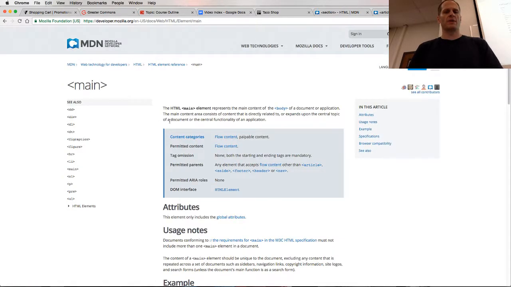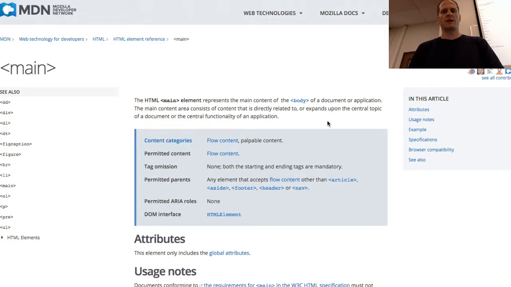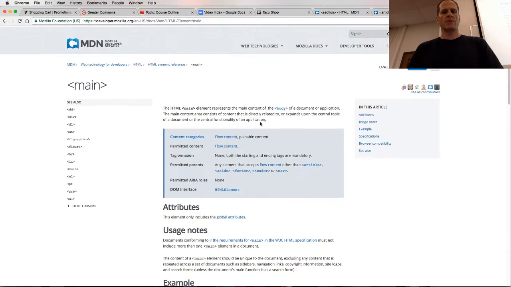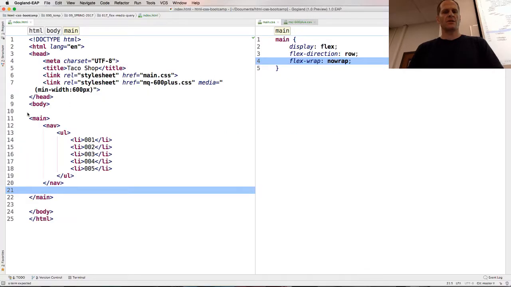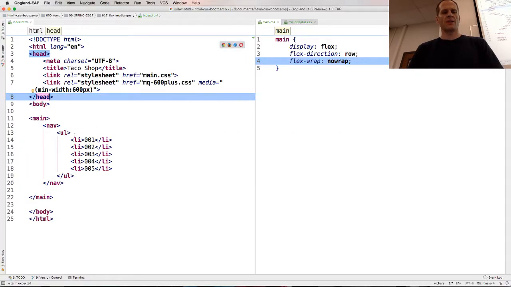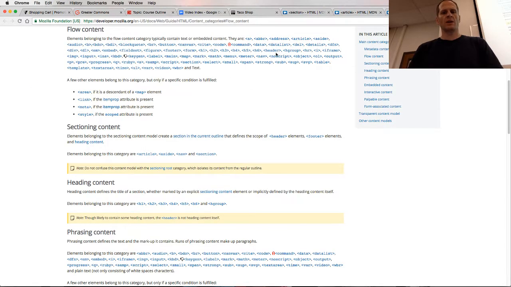semantic HTML, and finally, main represents the main content of the body of a document or application. The main content area consists of content that is directly related to or expands upon the central topic of a document. And the permitted content is flow content. And so flow content can be in there, and flow content includes figure, footer, H1, header, hgroup. So we could put our header in there. And the header stuff, we have head, then we have header, and then we have headings, right? So we could include a header in main, and then inside that we could have our navigation,